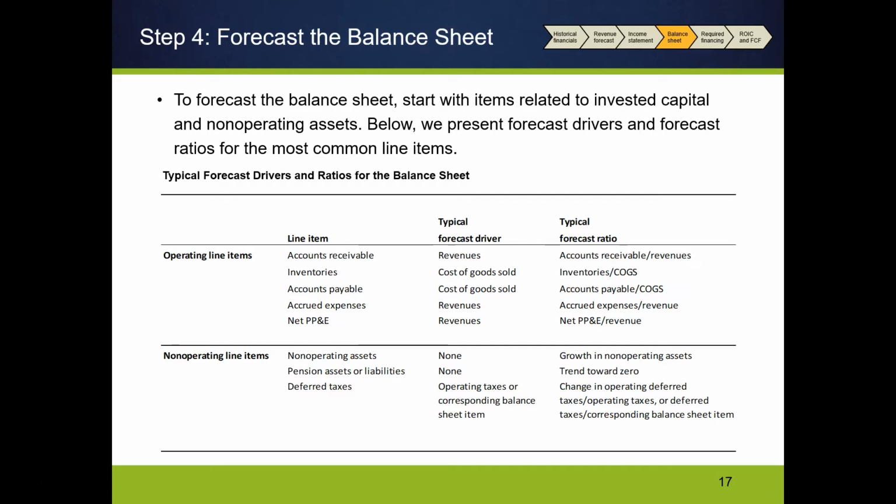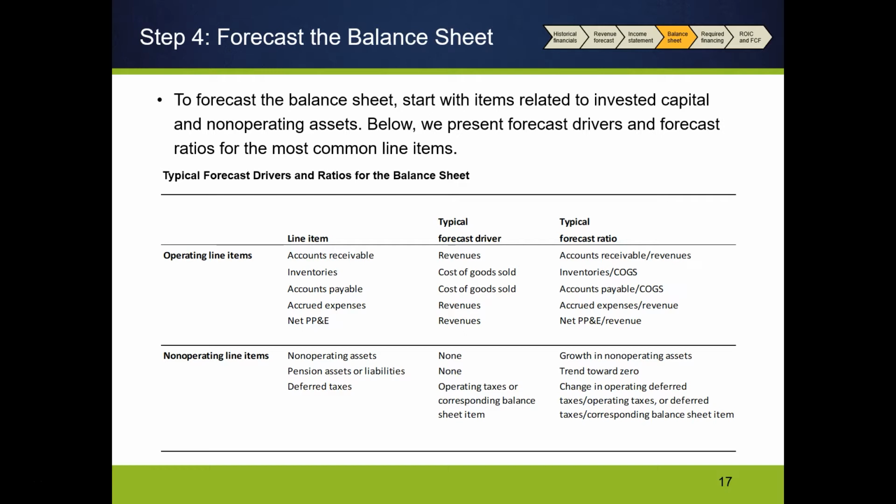And then I use the machine and I ramp up production until that machine is tapped out, and then I buy another one. Right? And so forecasting PP&E as a function of revenue is going to bring a little bit of unrealistic distortion to the balance sheet because it's going to assume a steady growth in fixed assets that isn't the way that an actual firm would behave. The problem is that it's just hard to do that in any other way. So it's hard to estimate the capacity for a new factory, and then when that factory would reach capacity, and then how much a new one would cost 5 years down the road. It's just easier to recognize it's unrealistic but forecast it as a percentage of revenue anyway.